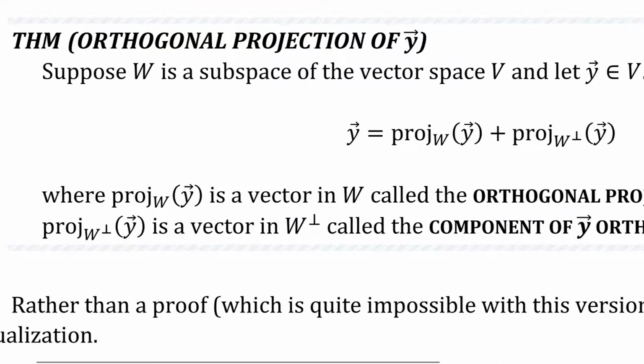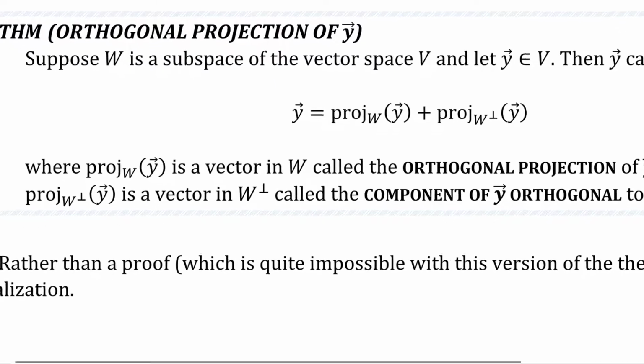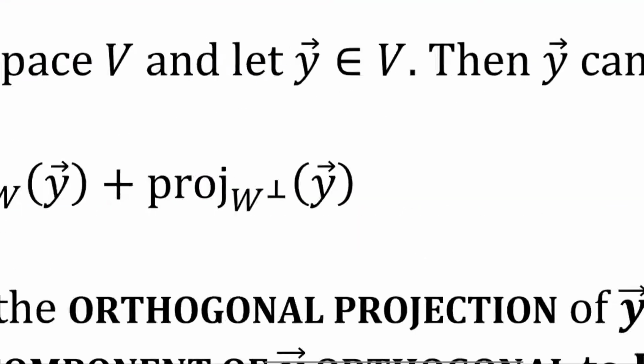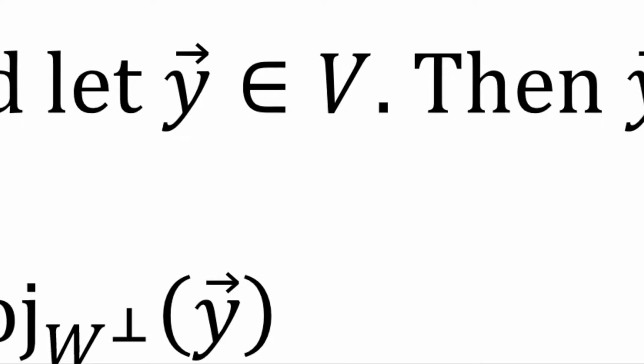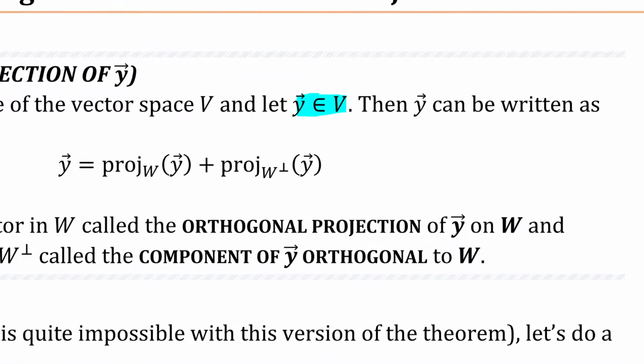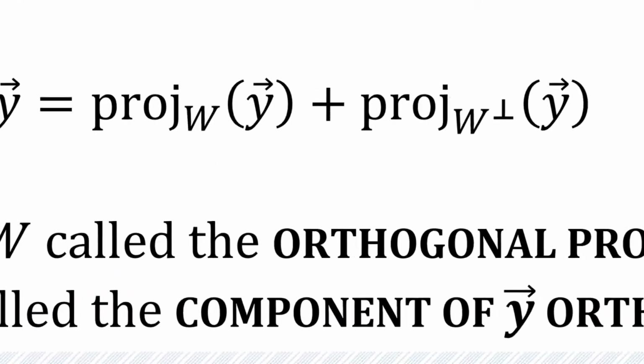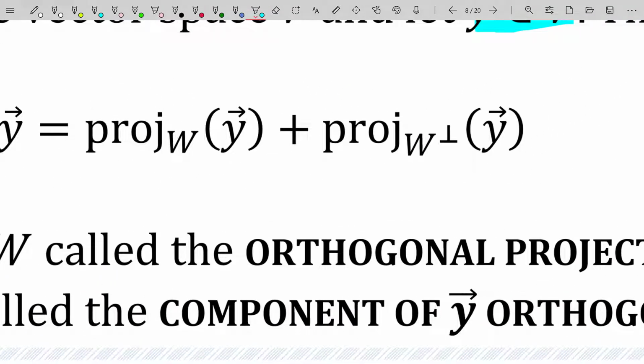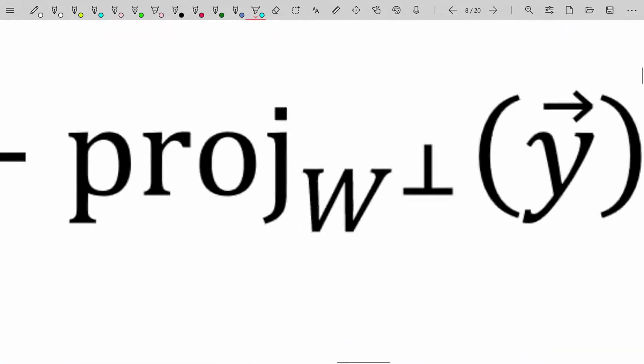So let's begin with a theorem. Suppose that W is a subspace of the vector space V and that Y is just a vector in V. So again, we're really focusing on W being a subspace of the vector space V, but Y is not necessarily in W. Y is in V. It could be in W, but let's go ahead and just say it's in V only. Then Y can be written as the sum of two projections. The projection of Y onto the subspace W and the projection of Y onto the subspace W perp,